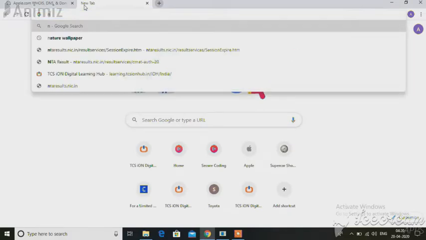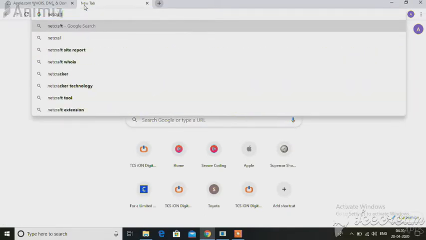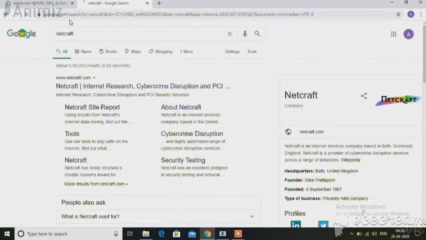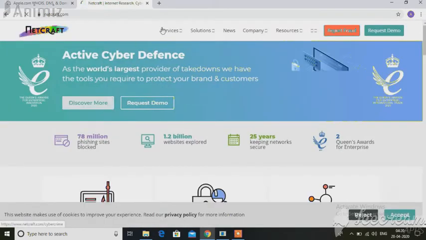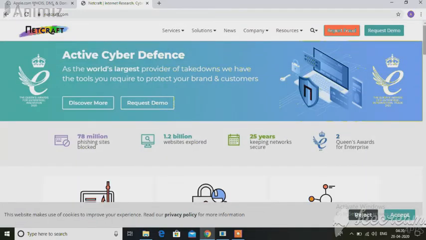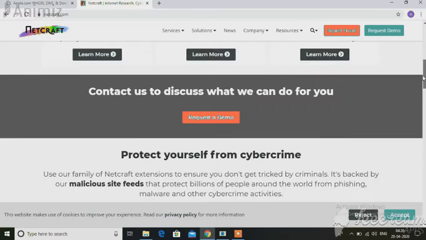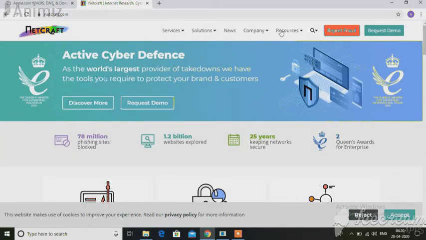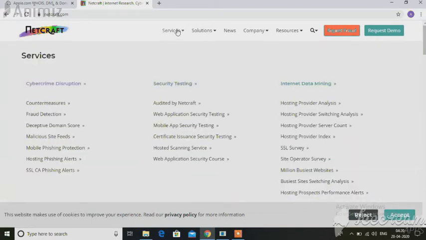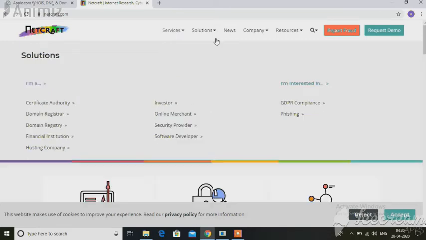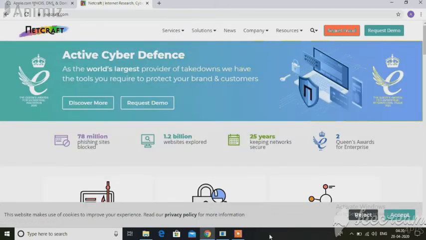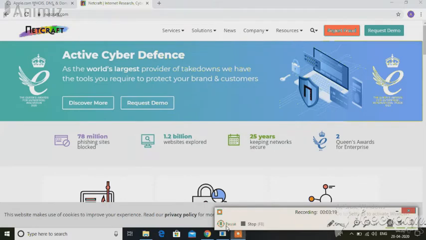So type in the search bar Netcraft and enter. The first website you will visit, this website shows you a lot of information about your targeted organization.